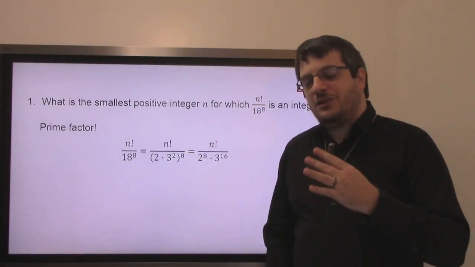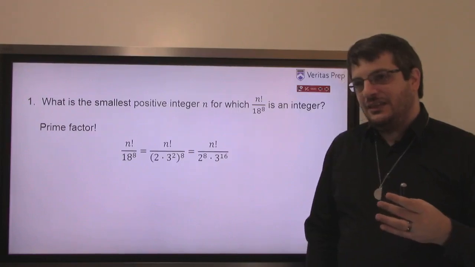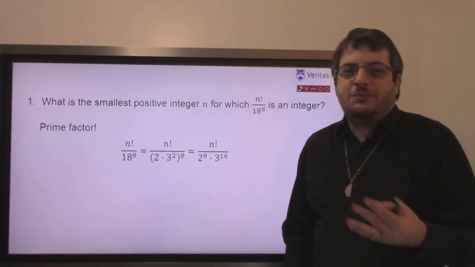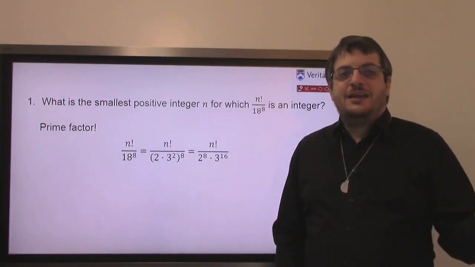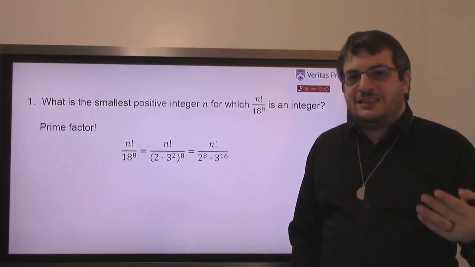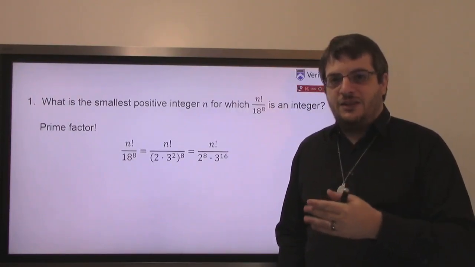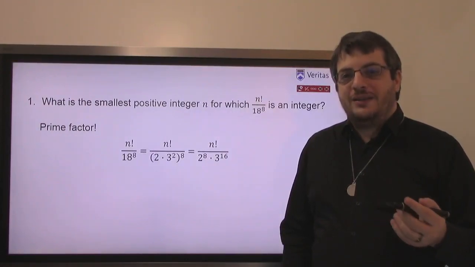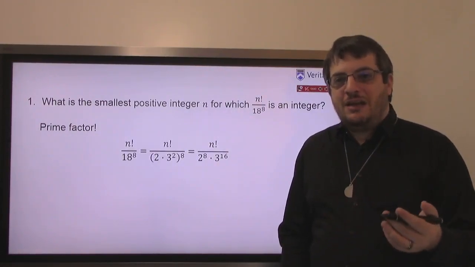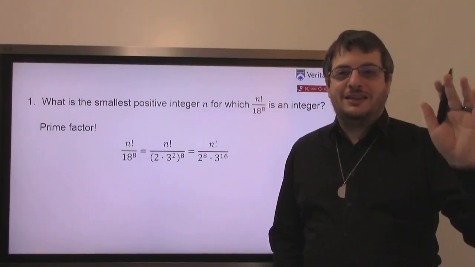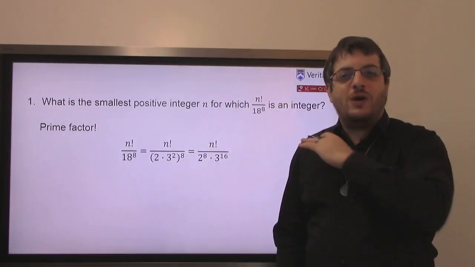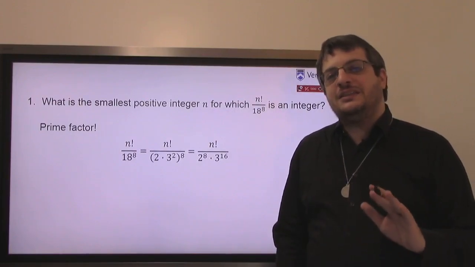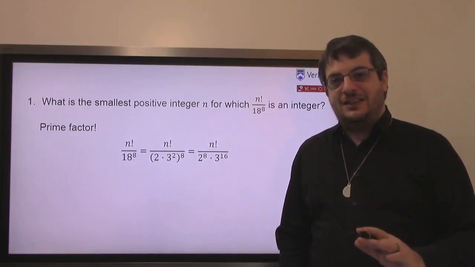But then, if I start looking for how I'm going to get those things, the next thing I would say is, I don't really care so much about finding the 2s, because I'm going to have plenty of 2s. By the time I get 16 3s, the 2s show up faster than 3s. Every other number has a 2 in it. Only every third number has a 3. So by the time I have 16 3s, how many 2s do I have? A ton, way more than I need, plenty. So I'm not even going to worry about the 2s, because by the time I get 16 3s, I'm going to be all set, okay?